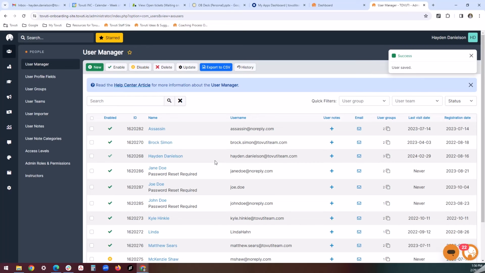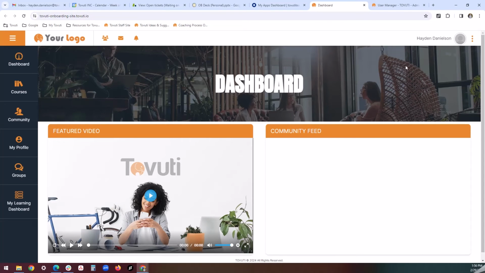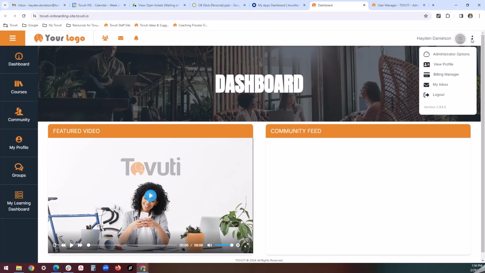In addition, once the new admin logs in, they will be able to access the administrator options by going to the top right-hand corner of the user portal, clicking on these three dots, and accessing the administrator options. Making a user a site administrator on the platform is extremely easy. Having a team of site admins ensures that your organization can work effectively and double-check each other's work within the